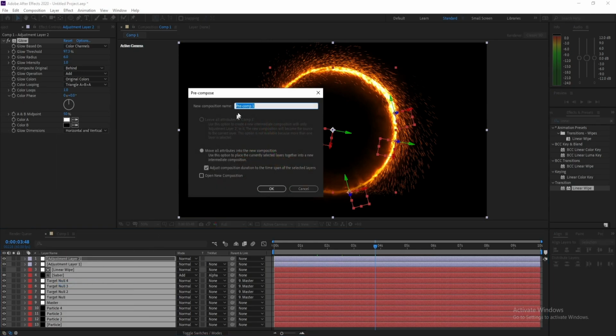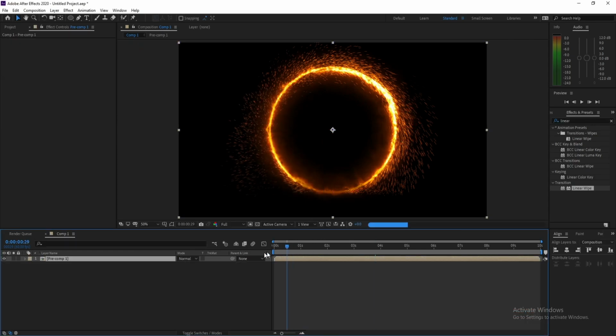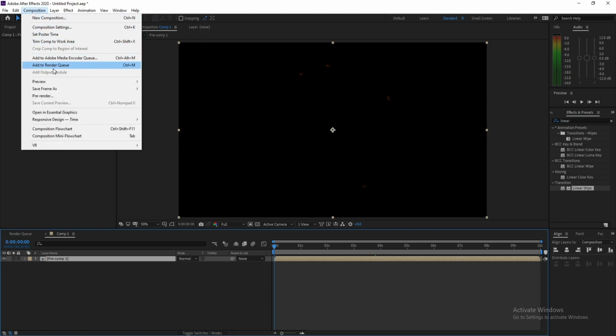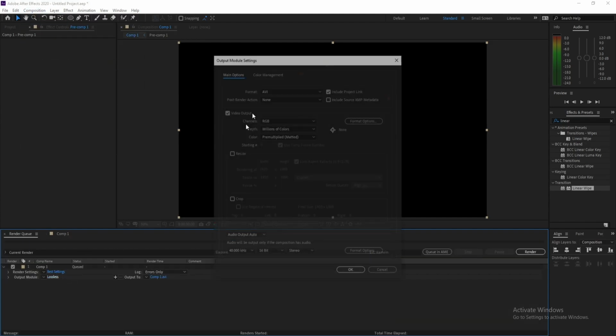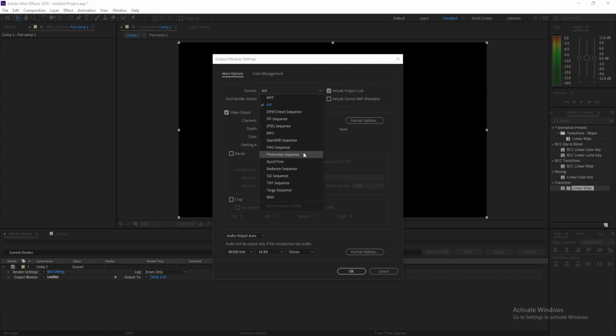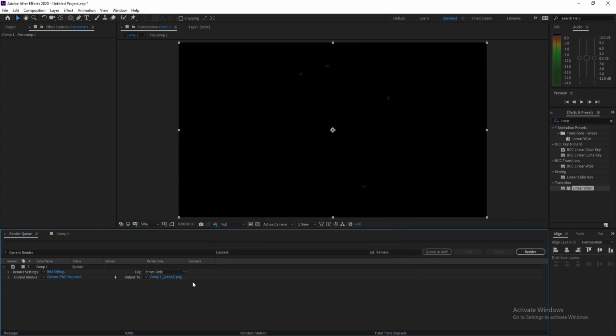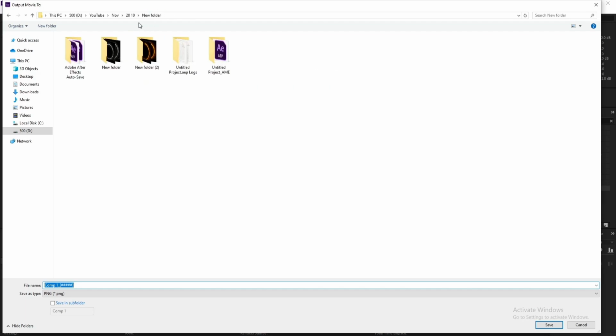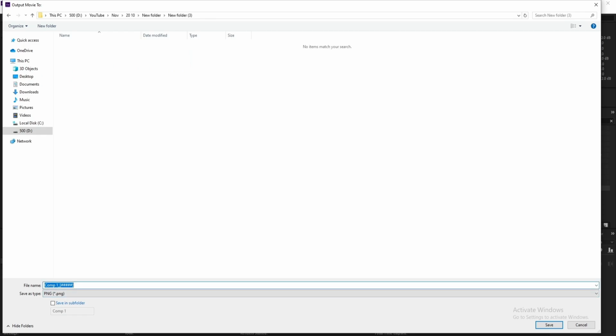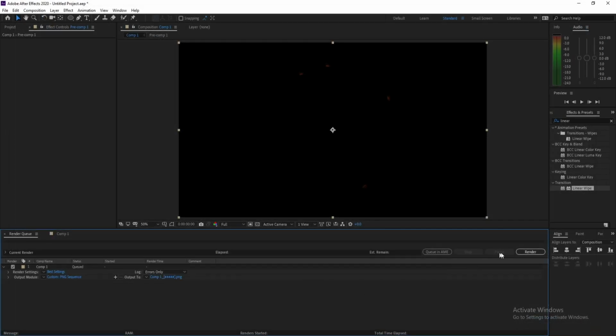Okay, now I'll go to composition, render here, and I'll choose PNG sequence, and let me add a new folder to render it. When I finish, I'll come back. Okay, now I finished render,